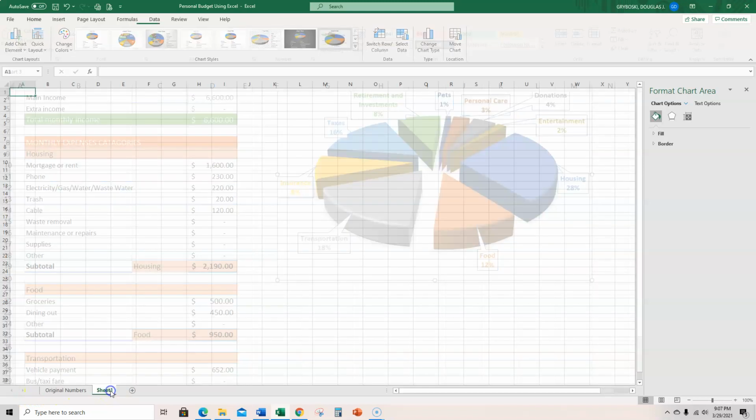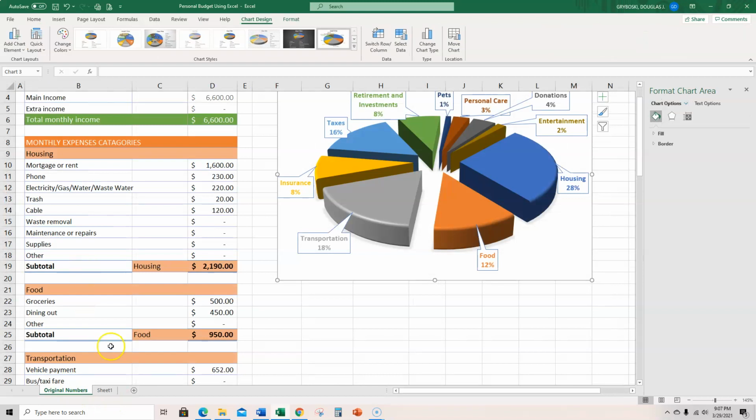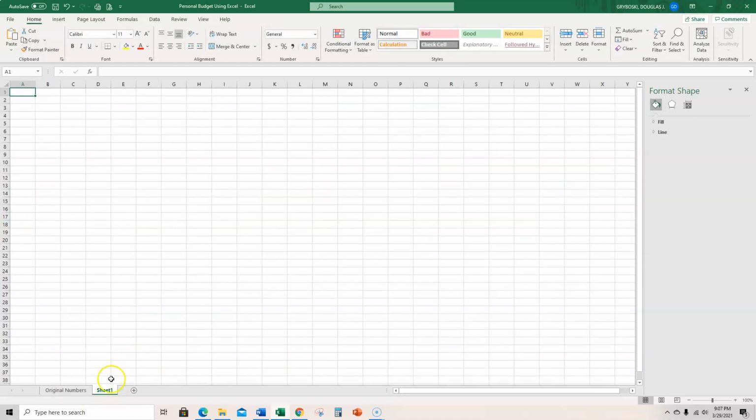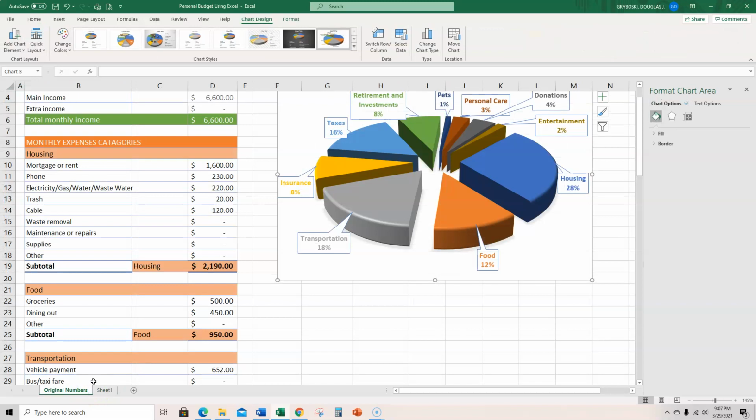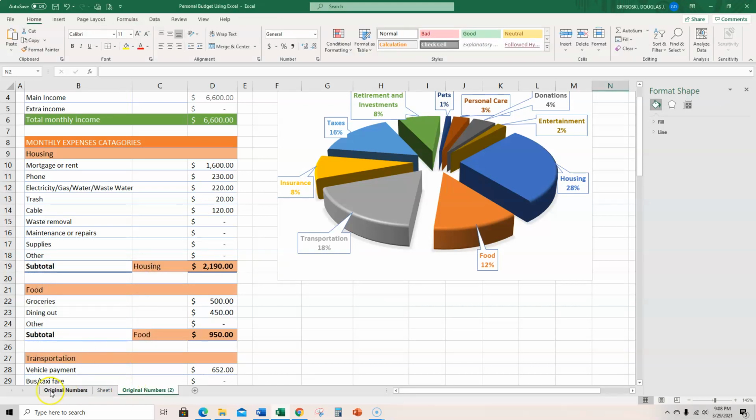I could go like this and look, I can just make a blank sheet and it's like 3-dimensional, where I click, this one's here, this one's behind it. It's like pieces of paper in a notebook. But what I want to do is duplicate this sheet. So I'm going to do a right mouse click, go to move or copy. Make sure that you check this right away real quickly so that you don't forget to do that. Create a copy, move to the end, hit OK. Alright, so now we've got original numbers. I'm going to double click on this one, and I'm going to say